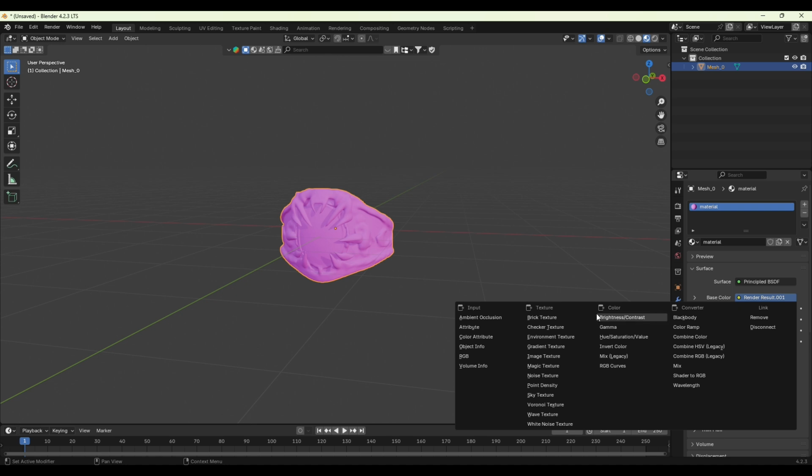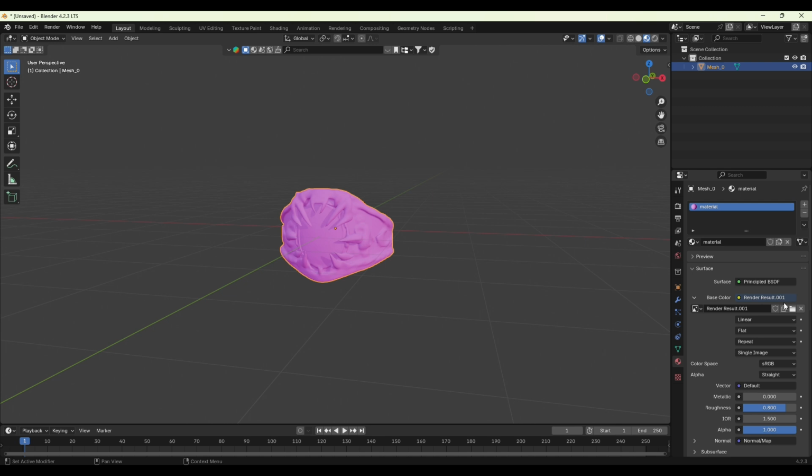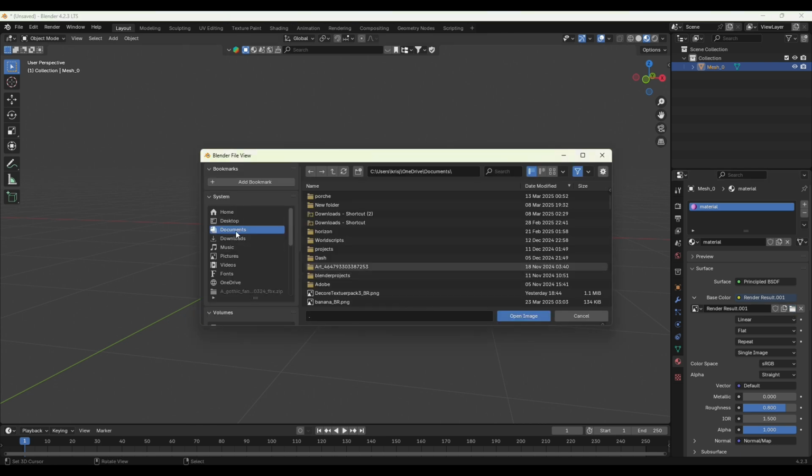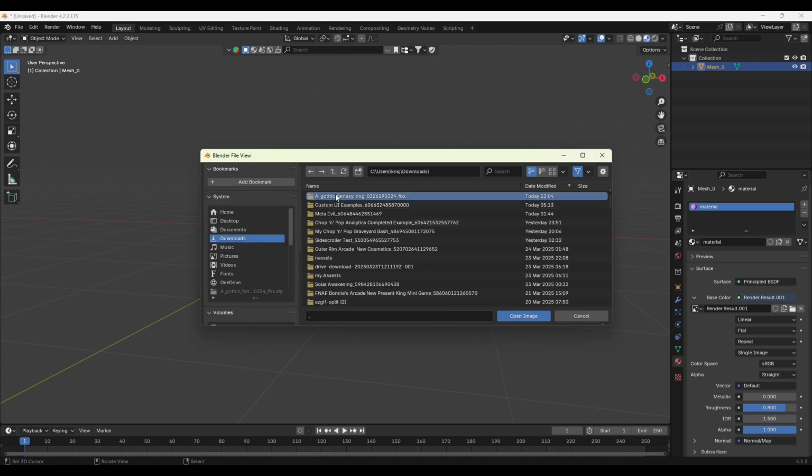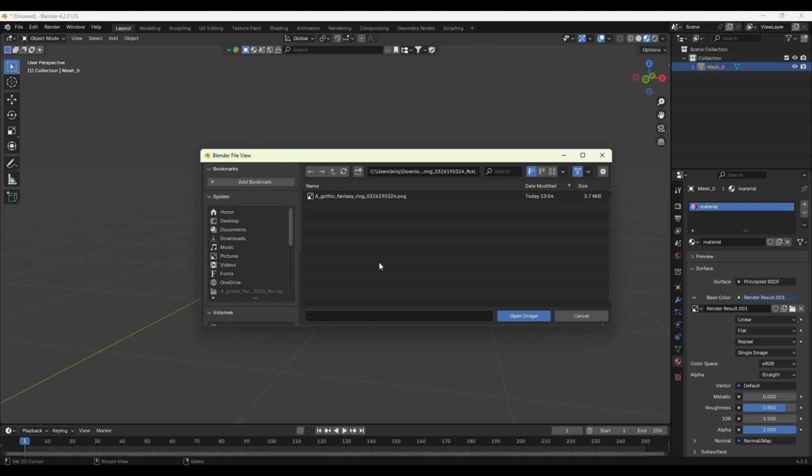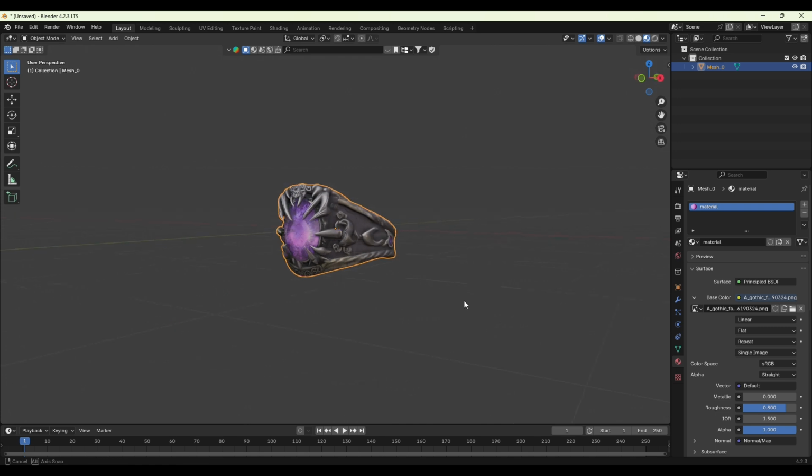We're going to go to texture and down to image texture, bringing that in. A little naming socket will pop up for the texture we're using. We're going to go all the way over to the right side of that socket. You'll see an open image icon. Go ahead and select that. We're going to find the image by going to the file that we downloaded, and inside there should be a PNG. Once you select that, it'll automatically apply to the object itself, and then all you now need to do